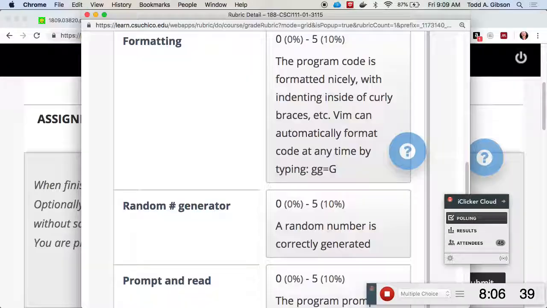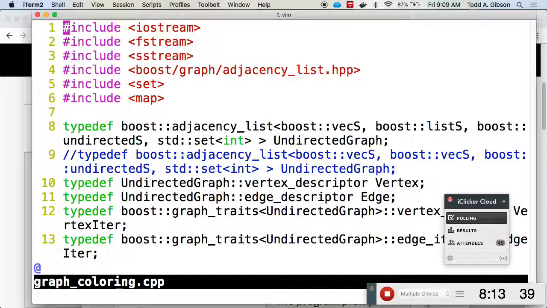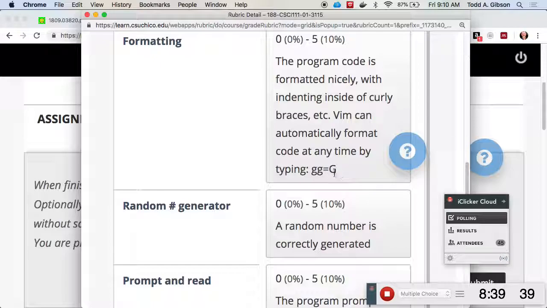If I do this little recipe here, gg=G. All gg does is immediately take you to the very top of your file. Equals means reformat the code. And then the next thing it wants is a direction. For example, a direction we're all familiar with is j. There, I just reformatted my current line and the line below it, which end up being flush left anyway, so that doesn't do anything. So that's why I don't say gg=j.